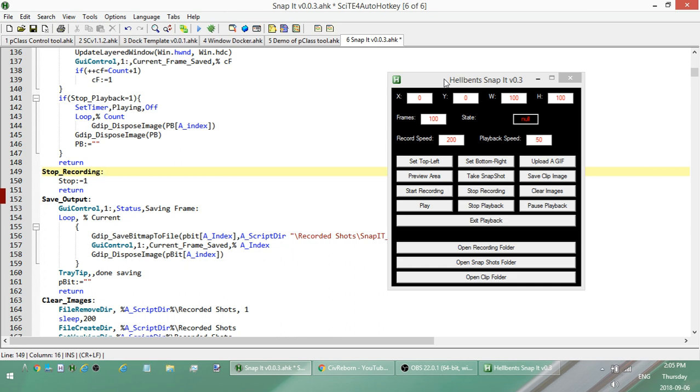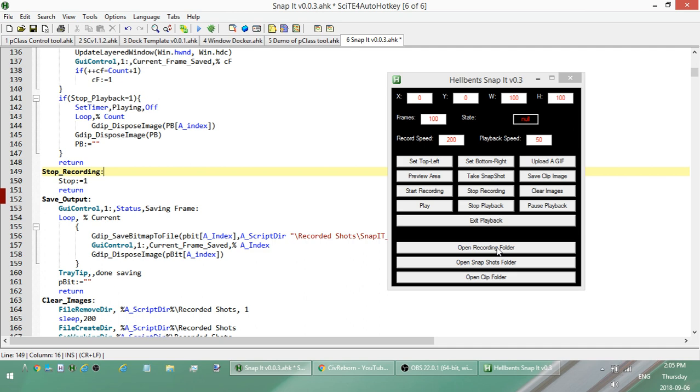I will point out that there is a little bit of a bug right now. I don't know how it got introduced, but for some reason, in order to do the clear images, each time you record something, you want to make sure that the folder for the recordings is empty before you start recording anything. So if I'm recording a whole bunch of different segments, I would record it, take that